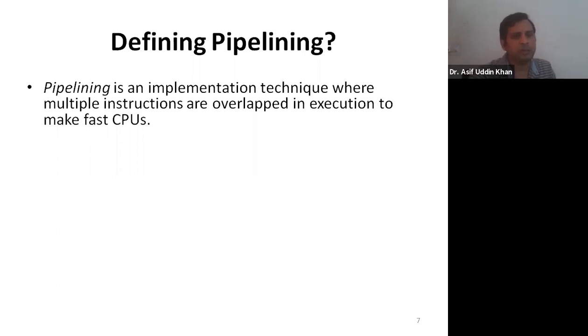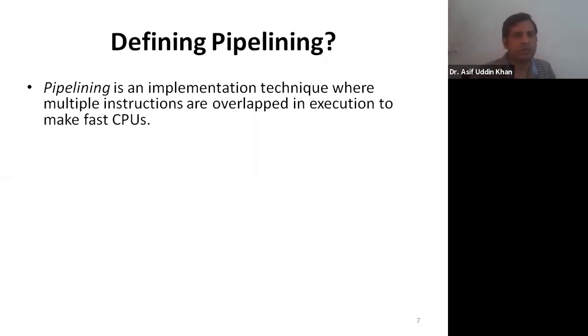If you want your computer to be fast, then you have to reduce the number of clock cycles required for completing the execution of a program. Program means a set of instructions. In a program there are several instructions, and all these instructions are executed. Each instruction takes some clock cycles. Like if you're using this RISC architecture, one instruction will take 5 clock cycles. And one clock cycle takes some time.